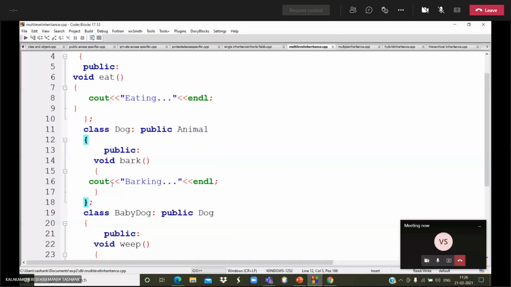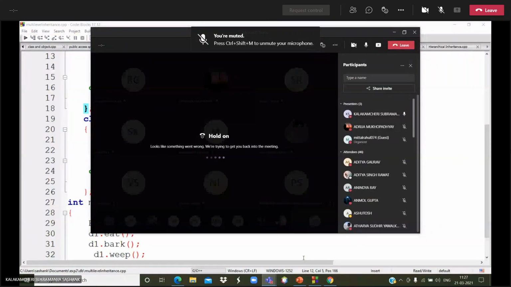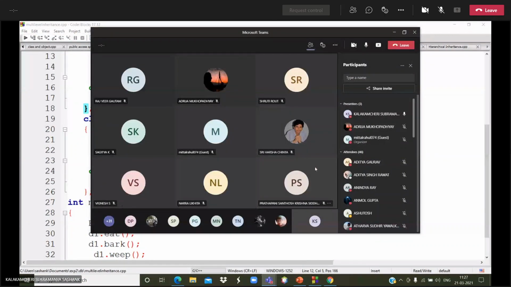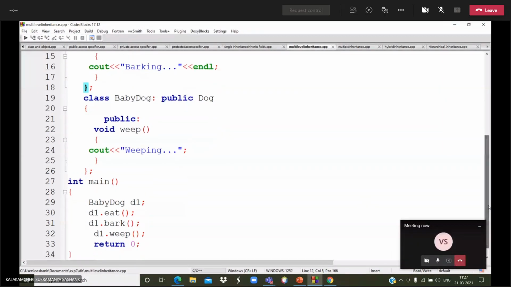In the main function, I am creating an object for that class, and through the object I am calling the eat method, the bark method, and the peep method.